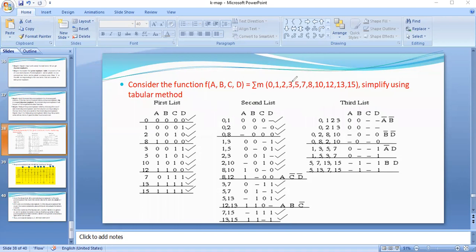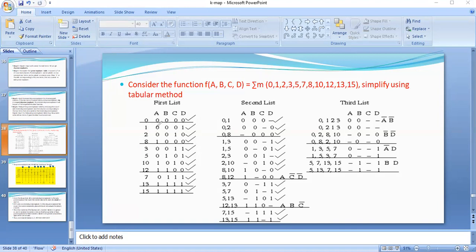What is the first step? You have to write these numbers in ascending order. After that, you have to group them. See here, for minterm 0, we have all zeros. Does any other minterm have all 4 zeros? No. So only 0 has 4 zeros, and it is in one group by itself. After that, 1, 2, 8 form one group.